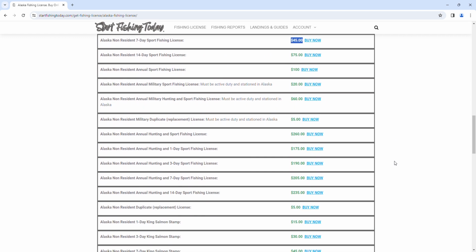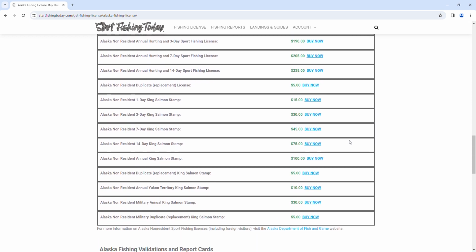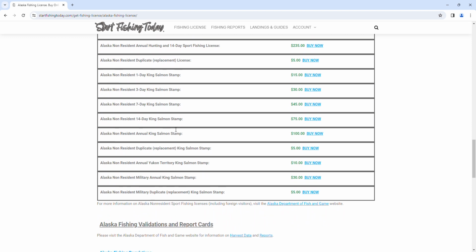Whereas if you scroll down, you can see that an Alaska non-resident annual hunting and sport fishing license, so a combination hunting and sport fishing license, is going to run you approximately $260. Okay, so again, this shows all of the fishing licenses and stamps that are needed for any type of sport fishing license in Alaska for